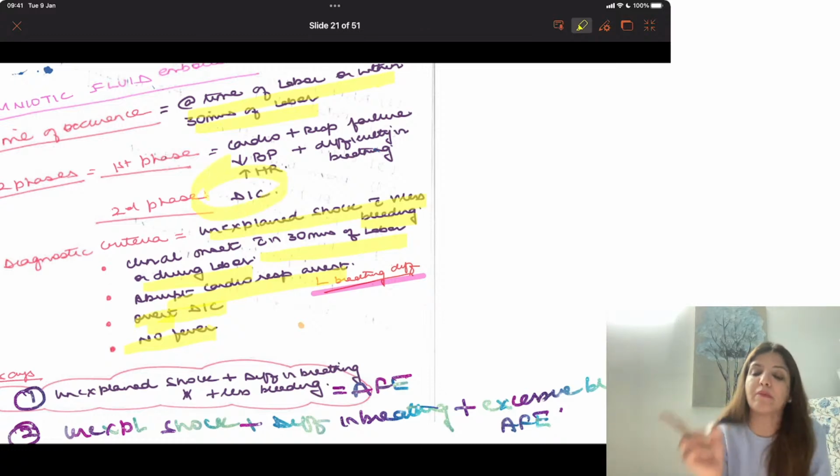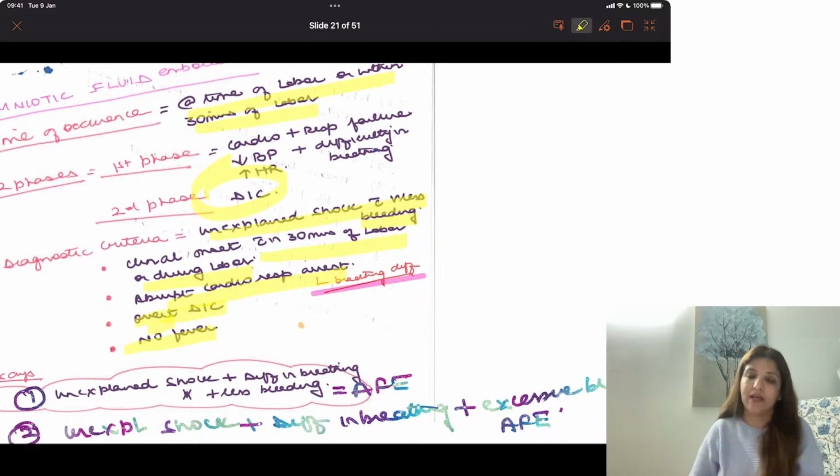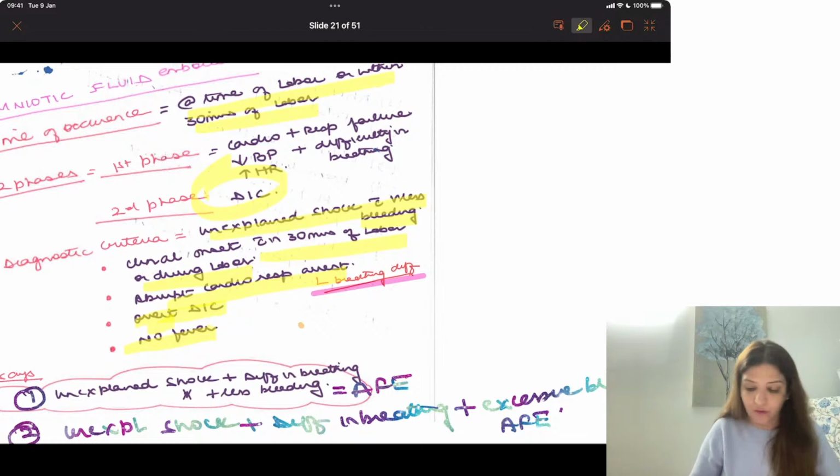Because this means that the patient has survived the first phase and has gone into the second phase where DIC has happened, right? So do not say that I am making a diagnosis of amniotic fluid embolism based on less bleeding or more bleeding. Diagnosis of amniotic fluid embolism is based on involvement of the respiratory system. If there is cardiorespiratory arrest, you have to make a diagnosis of amniotic fluid embolism. Clear to all of you? Now,